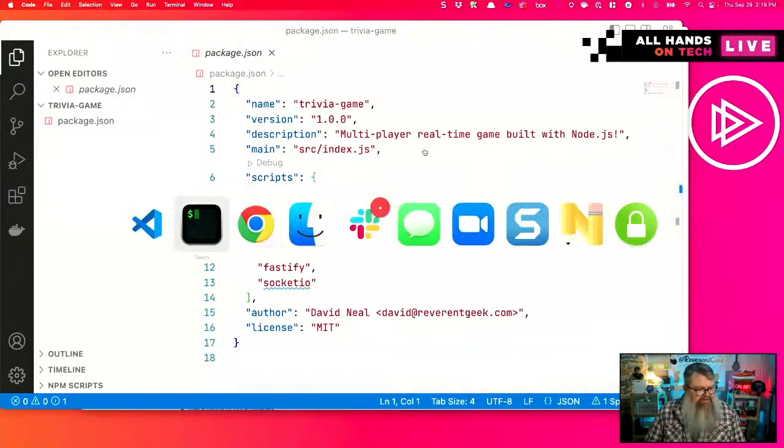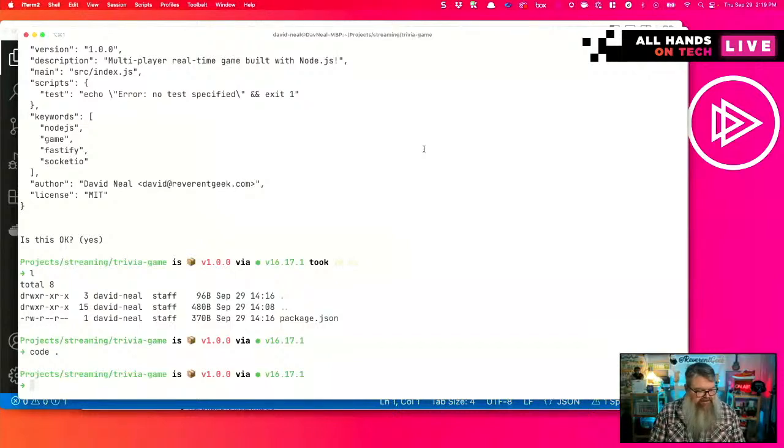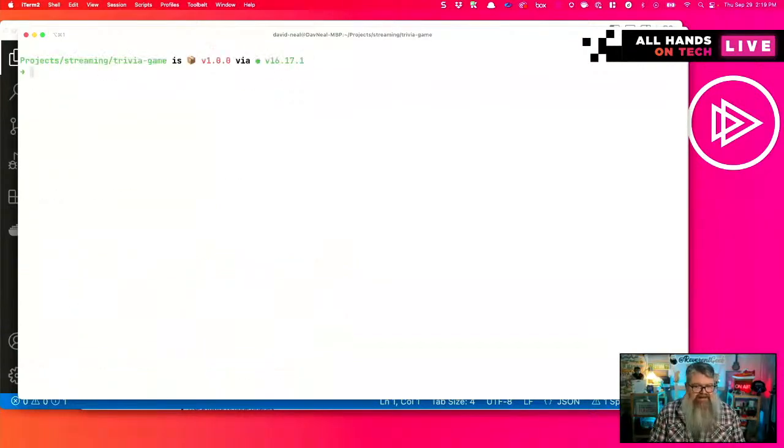First thing I do whenever I start a brand new Node.js project is I install ESLint and my own personal ESLint config settings. So we use npm to do that. That's the Node Package Manager. I'll type npm install eslint, and I'm going to use --save-dev.